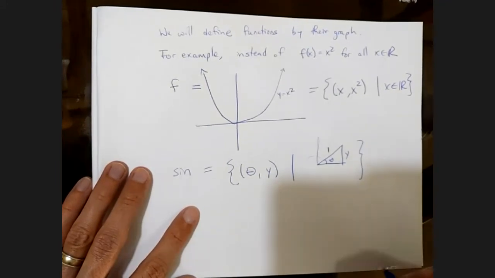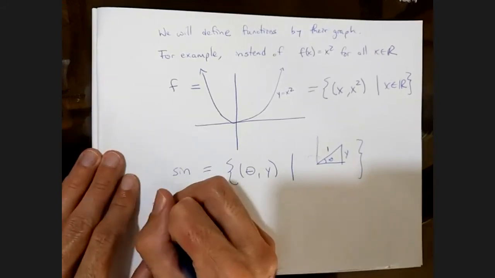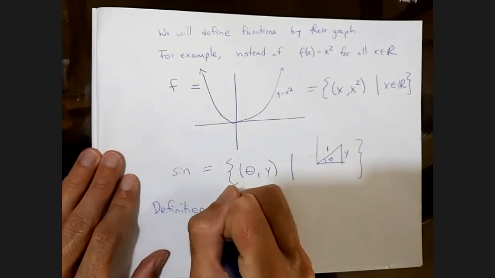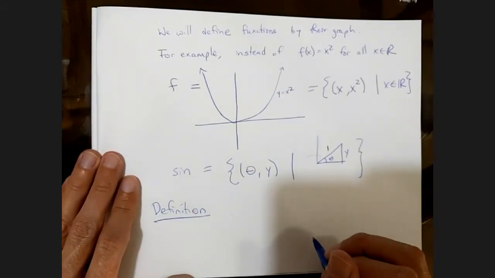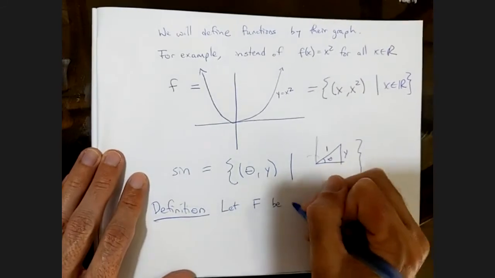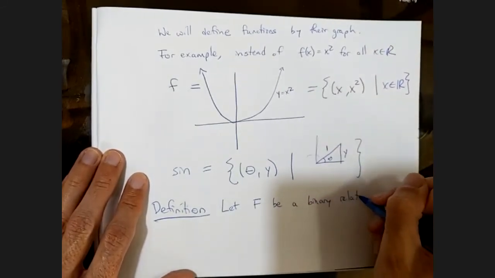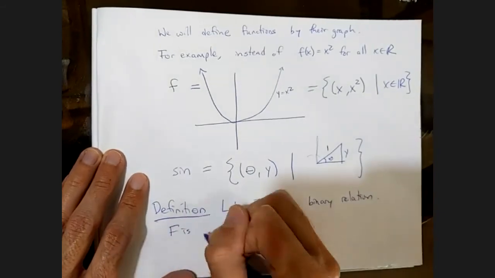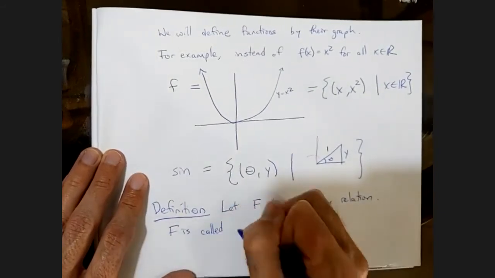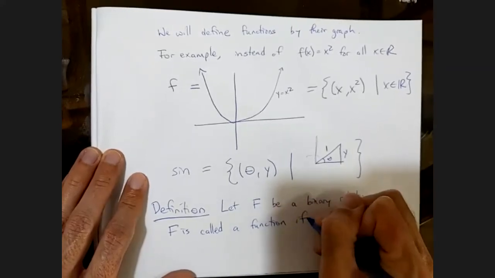So functions will just be special kinds of relations. Okay, so let's try and make our definition. Let f be a binary relation. f is called a function if,